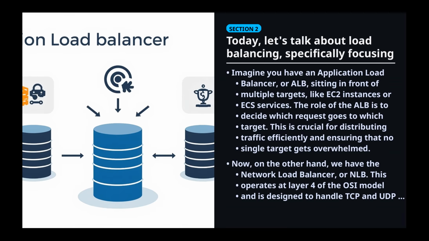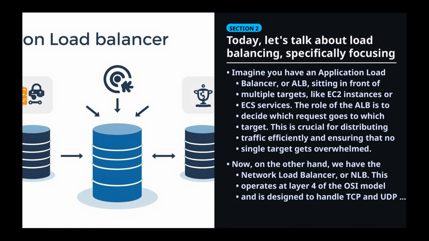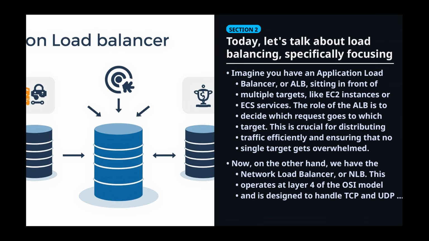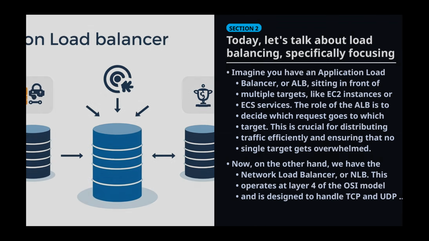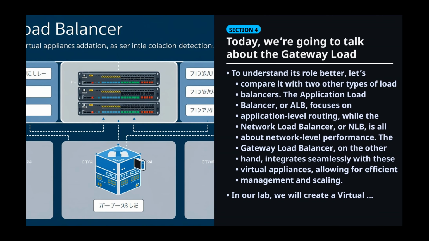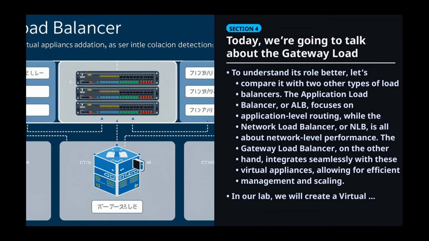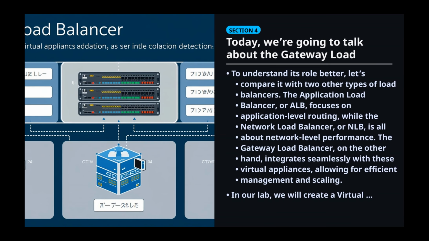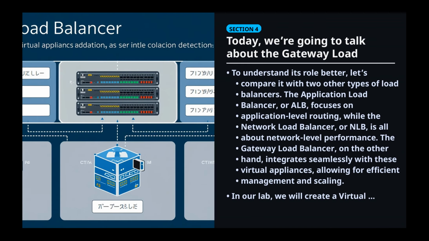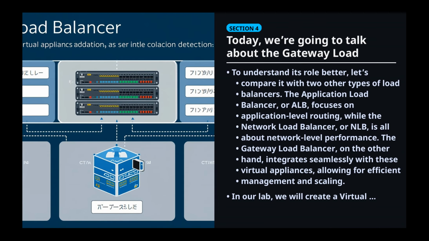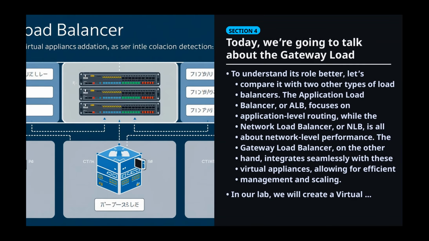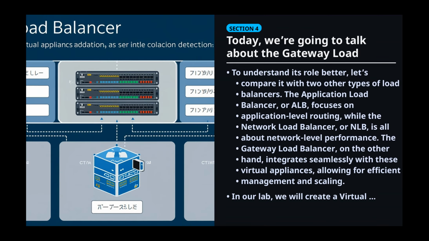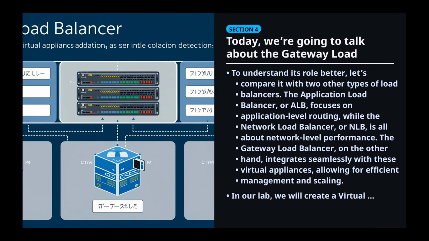In summary, while the ALB focuses on routing requests to specific targets, the NLB is all about handling large volumes of traffic quickly and efficiently. To understand its role better, let's compare it with two other types of load balancers. The application load balancer, or ALB, focuses on application-level routing, while the network load balancer, or NLB, is all about network-level performance. The gateway load balancer, on the other hand, integrates seamlessly with these virtual appliances, allowing for efficient management